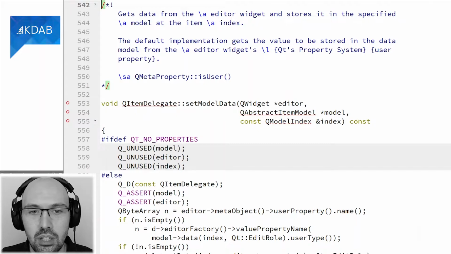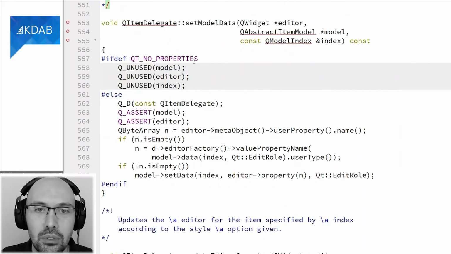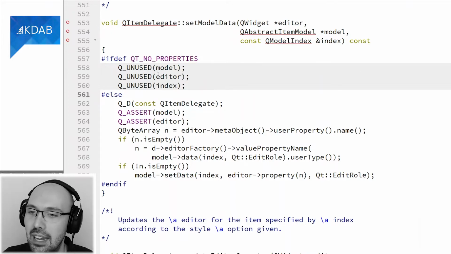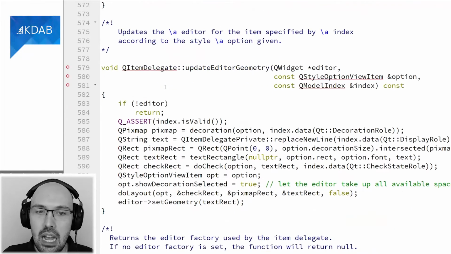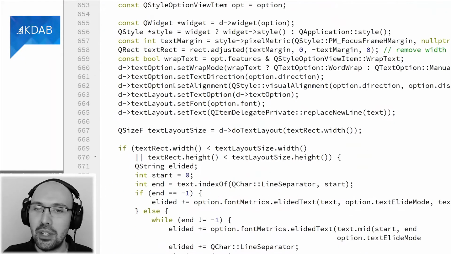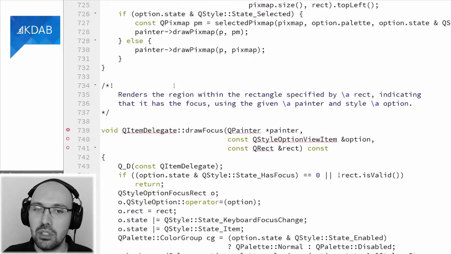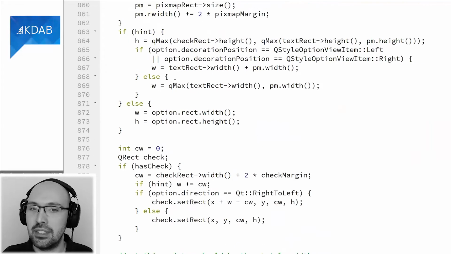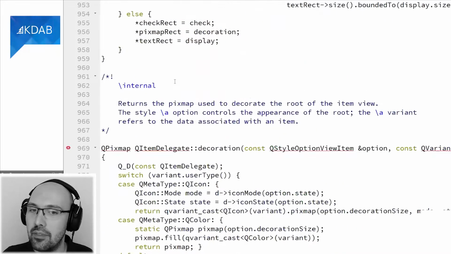Yep. So okay, there's a few around here. You can see these other macros that enable or disable code paths: if def Qt not that, if def Qt not that. It's really a kind of complicated system in which various parts of Qt get enabled and disabled based on a bunch of settings that you can have.